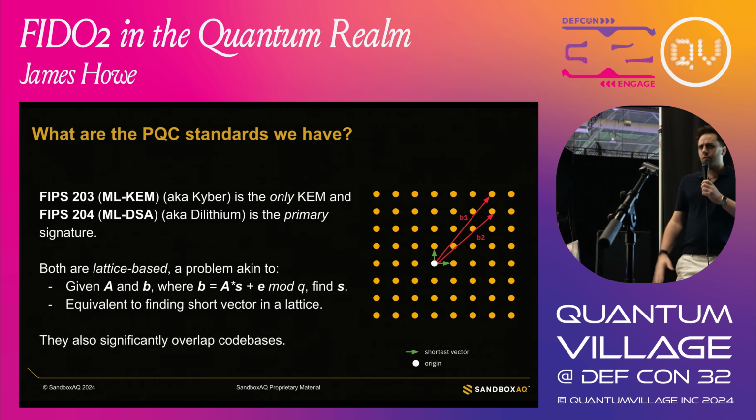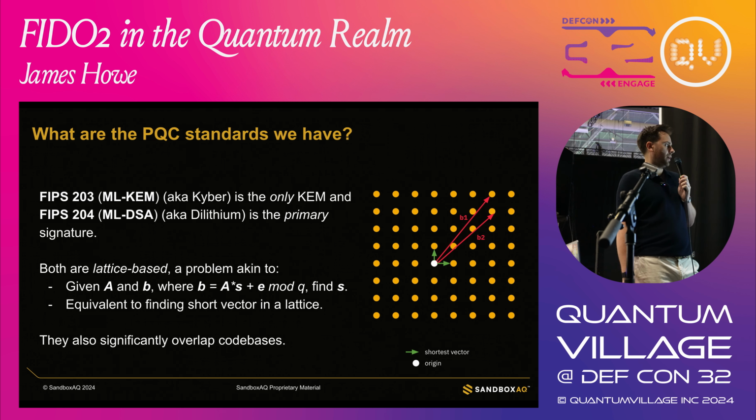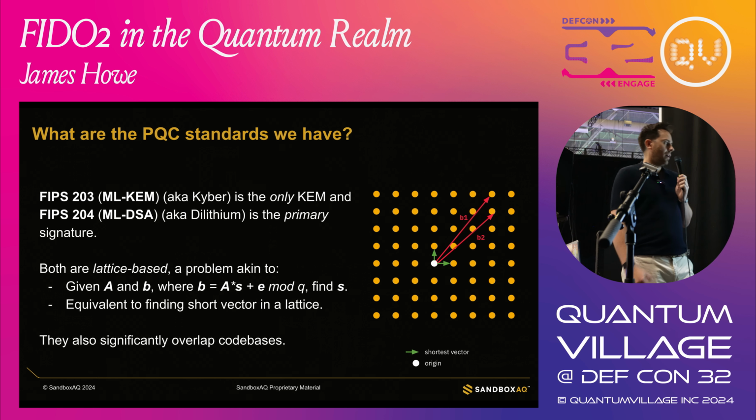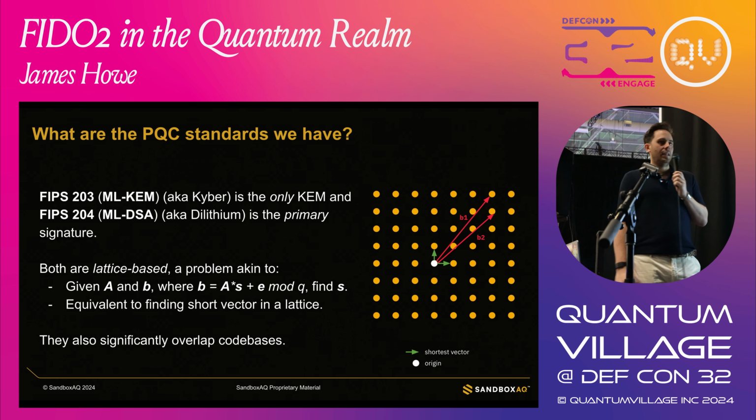So I think you've already had a few presentations this week on this topic, so I'll go over these quite quickly. So NIST are about to release, probably next week, the first set of post-quantum standards that we're going to have. These are two here that are called ML-KEM and ML-DSA, which are based on schemes called Kyber and Dilithium. They'll be published in FIPS 203 and 204, and these are based on lattice problems. So basically noisy linear algebra,